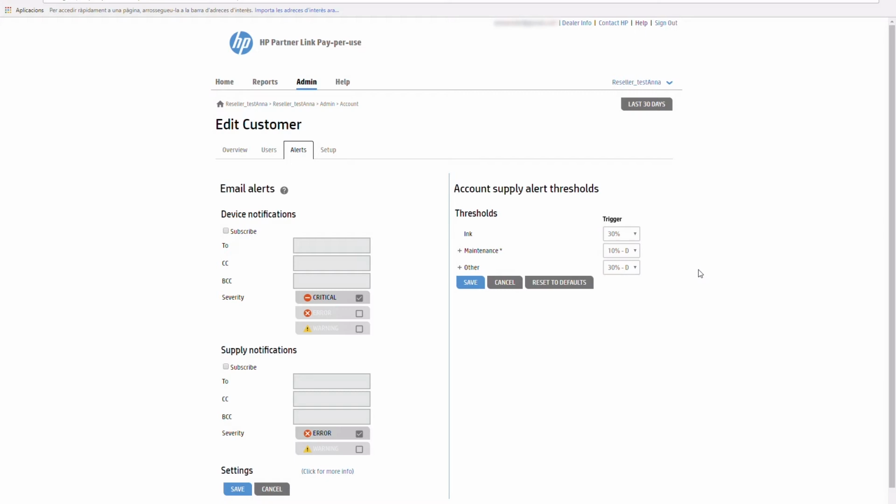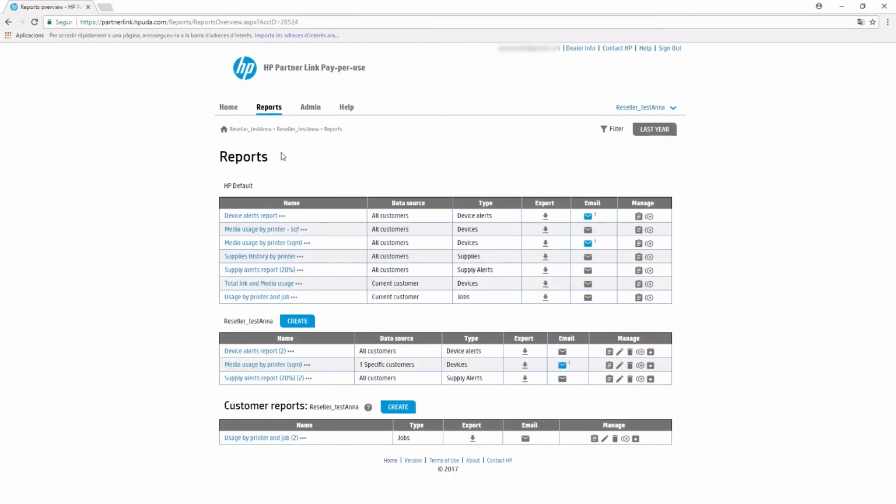If you are planning to offer automatic ink fulfillment to your clients, you can decide either to set up alerts or to set up a report. A report will provide you a list of all the low on ink cartridge notifications that have happened in a specific period of time. If you have several clients and don't want to be receiving alerts every time a customer is low on ink, we suggest you create a report instead, so you have this information in a single email. We will explain how this is done in the Reports section.